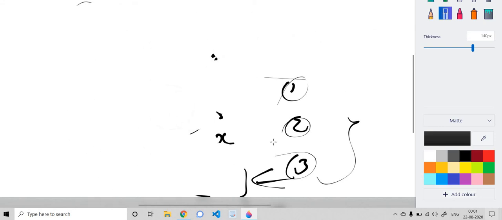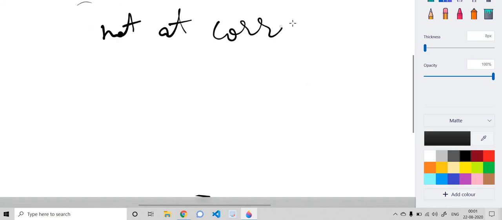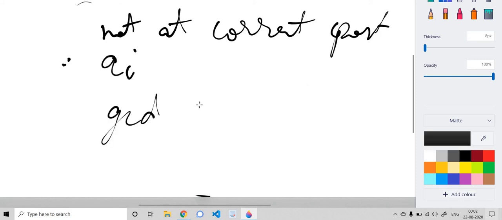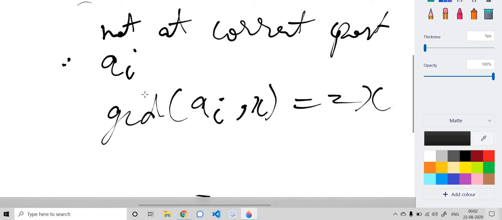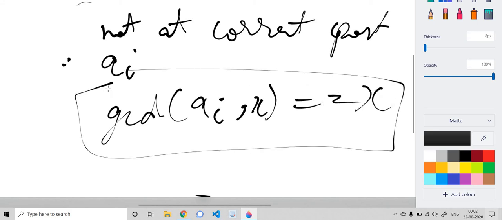So for this to happen, there is one property which needs to be satisfied. All the elements which are not at their correct position, let's call all of them ai, the GCD of ai and x must be equal to x. Only then we can do swapping of ai.